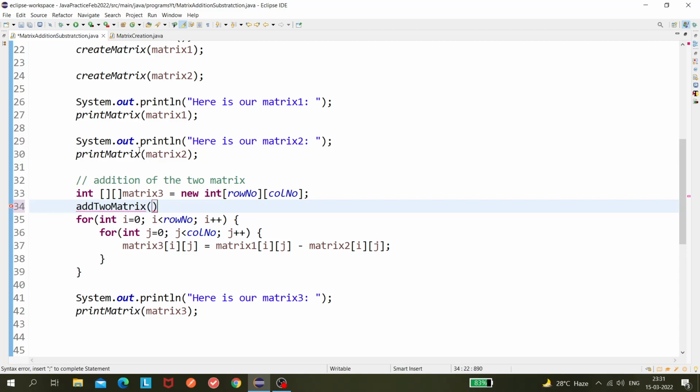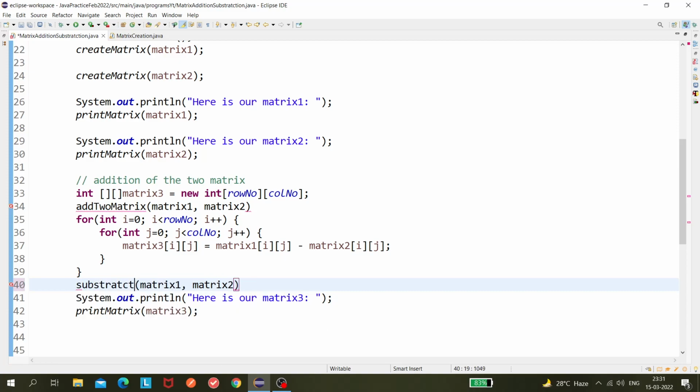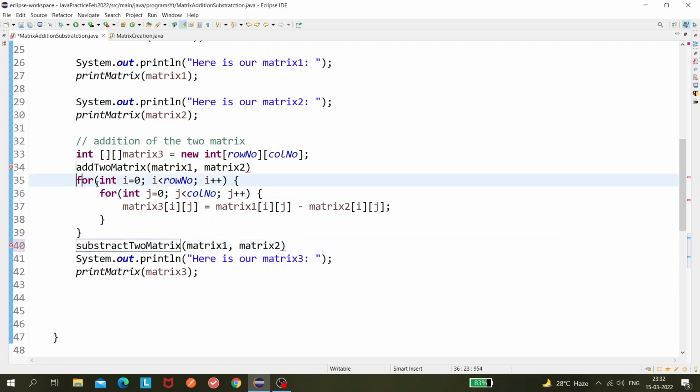So here it should take two parameters, matrix 1 comma matrix 2, and then there is another method it should be having, which is subtract two matrix. Okay, matrix 1, matrix 2. So we'll create two methods again, and then we'll be putting this